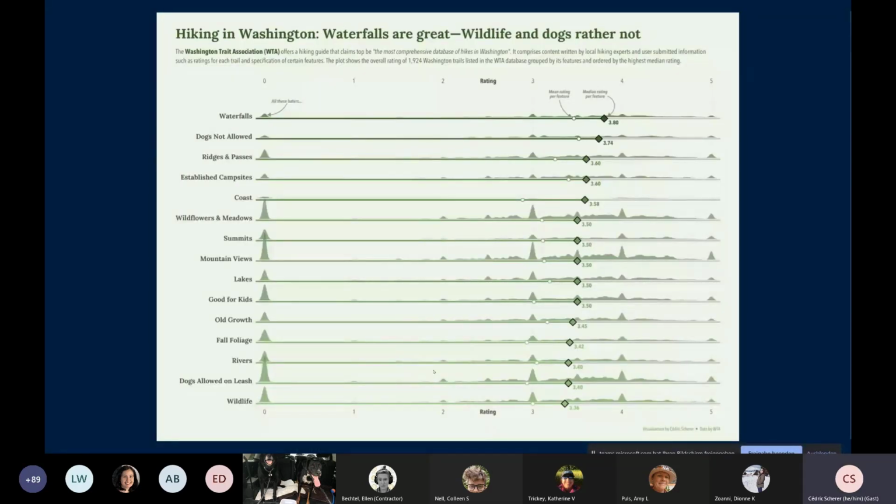And here, for example, this is one of the visualizations for Tidy Tuesday, also a bit older. I would definitely do a few things differently now, but here I use the ggdist stat_halfeye. And as you can see, I have here a tiny white dot indicating the mean rating for each category of these ratings for Washington hiking trails, I think this was, and a diamond for the median rating. And so the diamond is coming from the line, and the density curves are coming from ggdist. So this is only one geom to draw all of the things. And then I just added the dot and the text label for the median value.